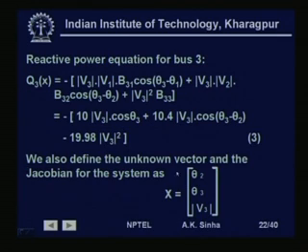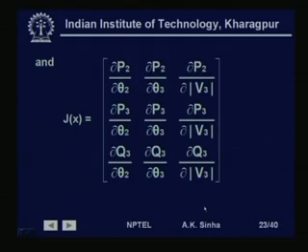Now, we define the unknown vector and the Jacobian matrix of the system. What is the unknown vector? The state vector which we need to find is theta 2, theta 3 and v 3, as we have said earlier, and the Jacobian matrix that we will have will be del p 2 by del theta 2, del p 2 by del theta 3, del p 2 by del v 3 for the first set of equations